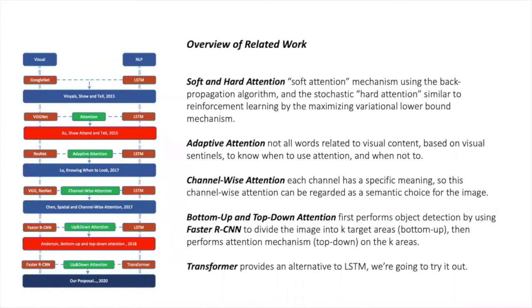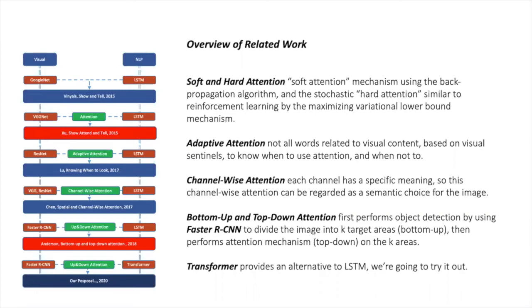Next, I'm gonna go through all the important works to get a big picture of the image captioning area. The first deep learning work was done in 2015, named Show and Tell. It combines GoogleNet and the LSTM to generate a jointly trained model to solve the problem. In the same year, attention mechanism was introduced in this area. It proposed 2 different mechanisms, soft and hard attention. Soft attention just uses softmax to compute attention, so we can use backpropagation on it. And hard attention uses a stochastic process to compute the distribution, the Gaussian distribution of the attention, and then samples